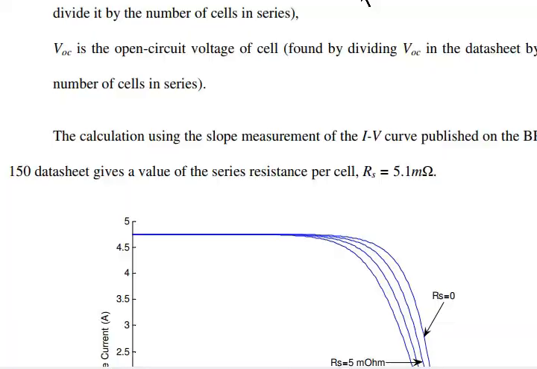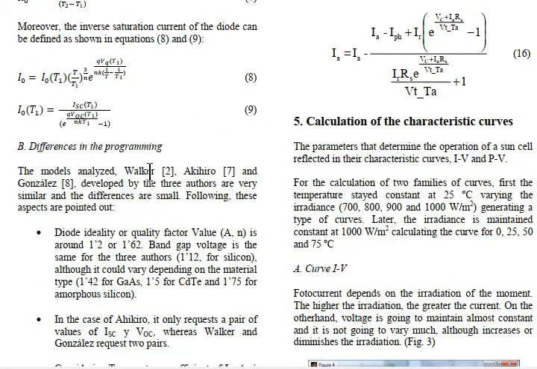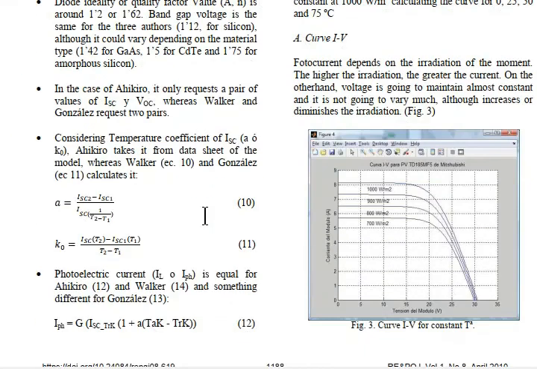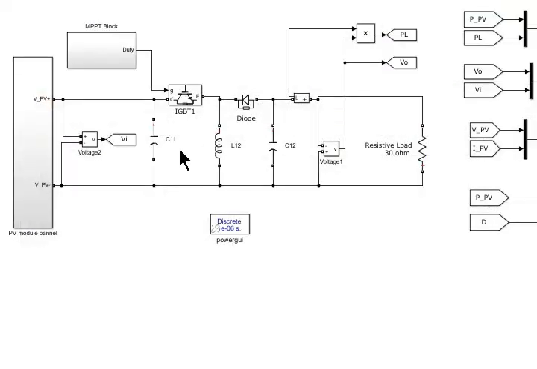The model we have used is from an author whose papers are well published. The name of the author is Akihiro. This is the author. We have used the total modeling of this for the PV side, and this is the well published paper, and these are the results.